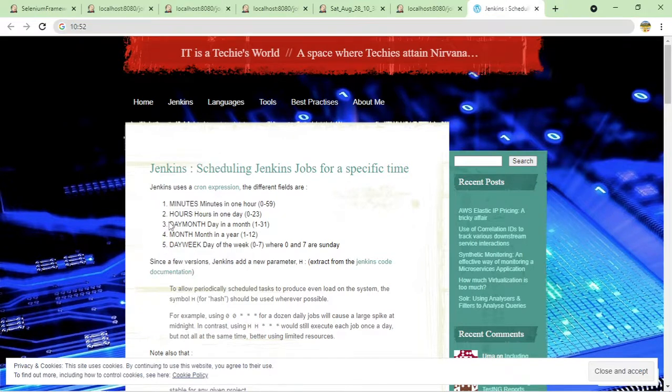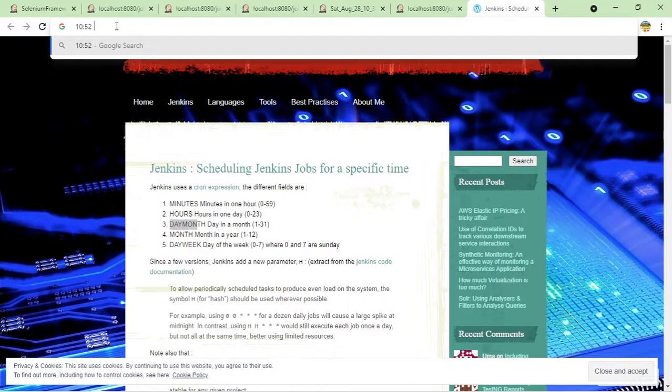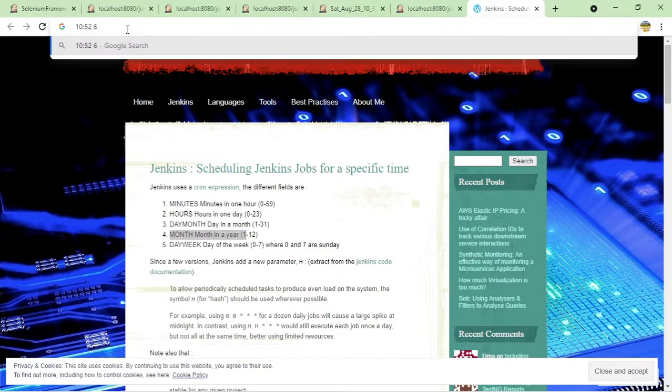And what is this one? Day, month. Suppose I want to run all my test cases at 10:52 a.m. in the morning, and if I say 6, which means when the date is 6, it will run at 10:52 a.m. only on the date number 6. And here you can also define the month, like I want to run, so let me, I am getting confused. Let me copy this